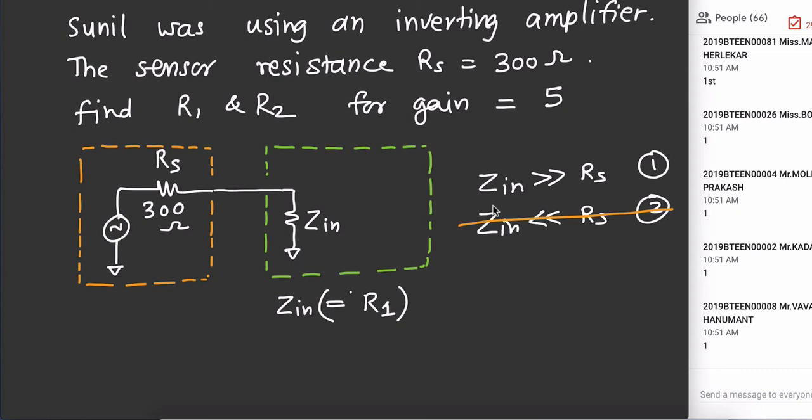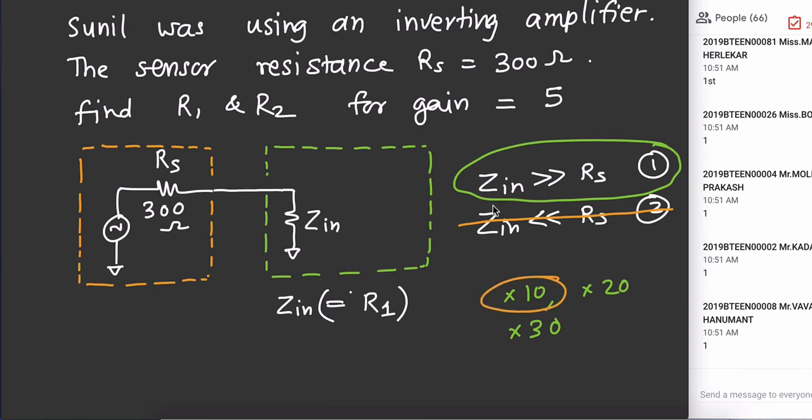Right. So this is the proper equation. Very high means at least 10 times, 20 times, more than 10 times. So you choose the factor 30 times, whatever. Suppose if we stick to the first one, why stick to this? It's a thumb rule. At least it should be 10 times larger. You can have better performance if it is 20 times larger. So let us start with something.